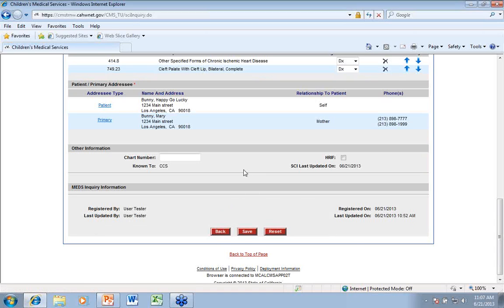Now, if I choose to go back, I'm going to lose this information that I just entered on this client. So you're not going to want to go back unless you've just gone in this record and you don't want to save anything. You can also click the reset button, which will reset any new entries that I put in here. So on this new client that we're doing, it would